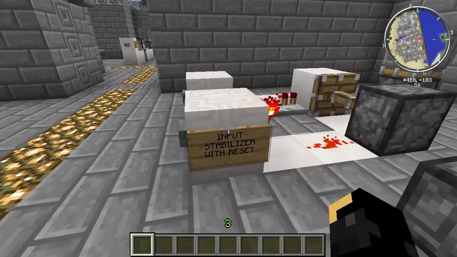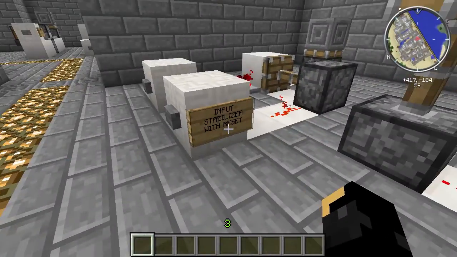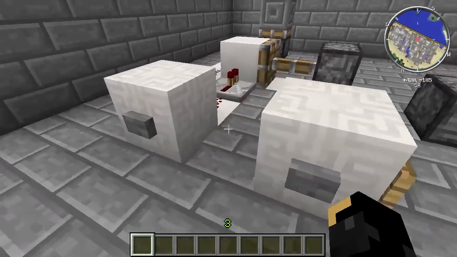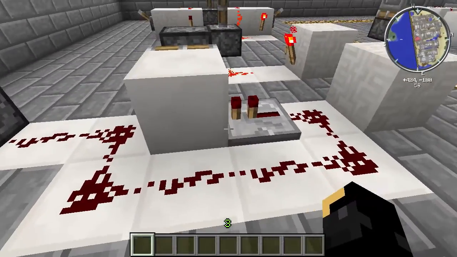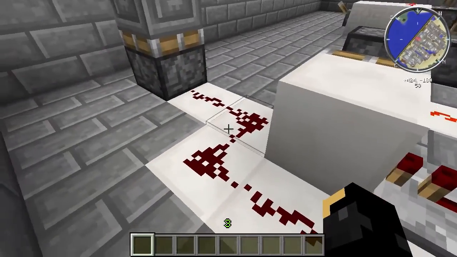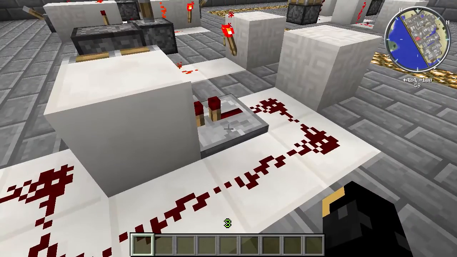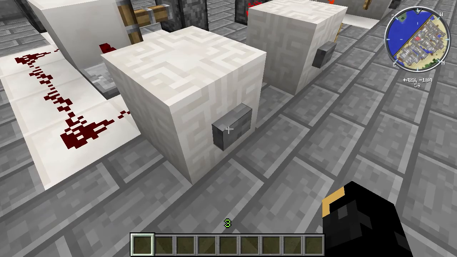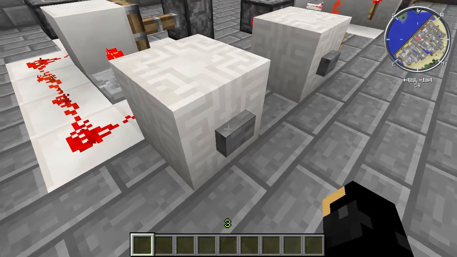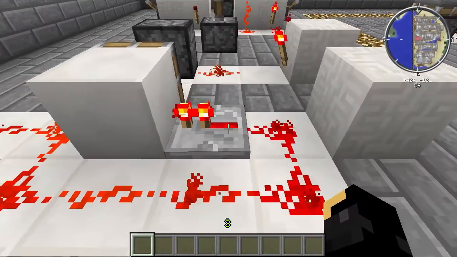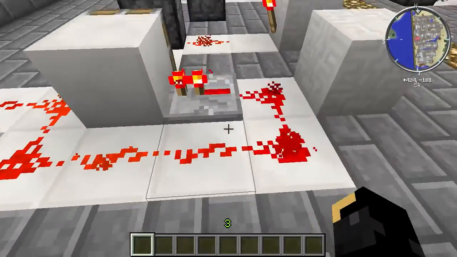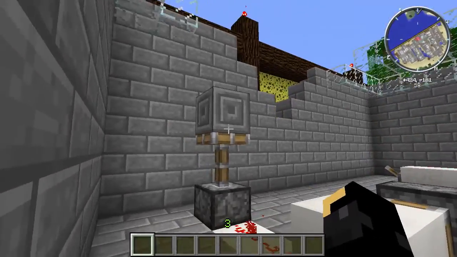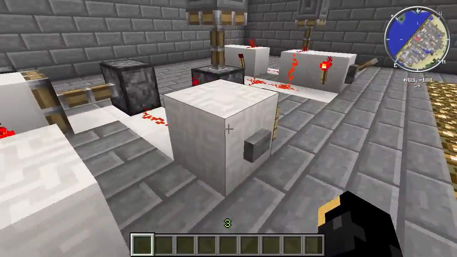This one, in a way, is sort of similar to a memory cell, and that's known as an input stabilizer with reset. Now, as you may know, if you run a redstone signal around and back into itself in a repeater, it will power itself continuously. So if I turn on my input, and it's then gone off again, the signal went through the repeater and the block, round the loop, back into itself, and it's now powering itself even though the input's off. So now we have an output. And it will stay that way forever